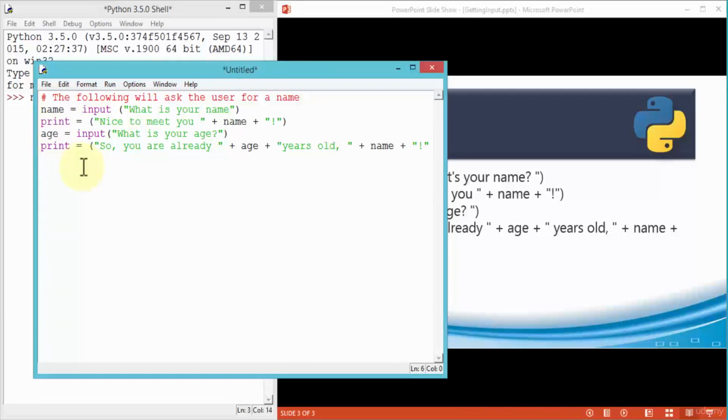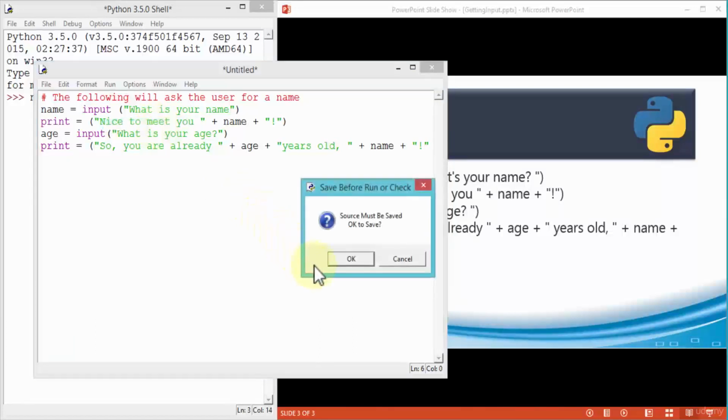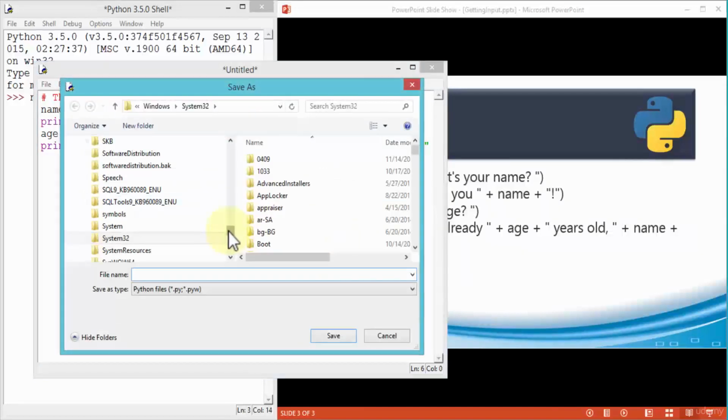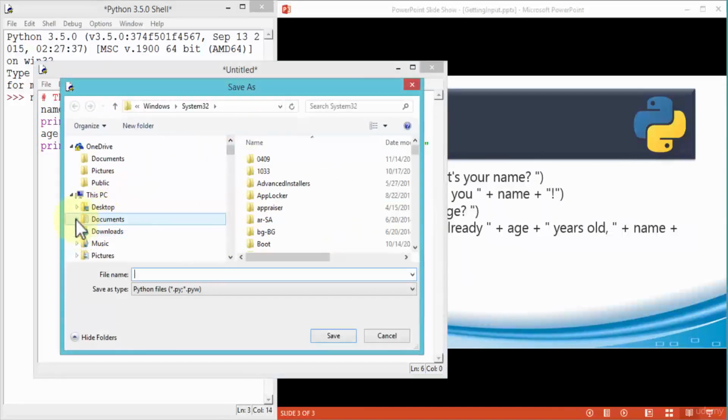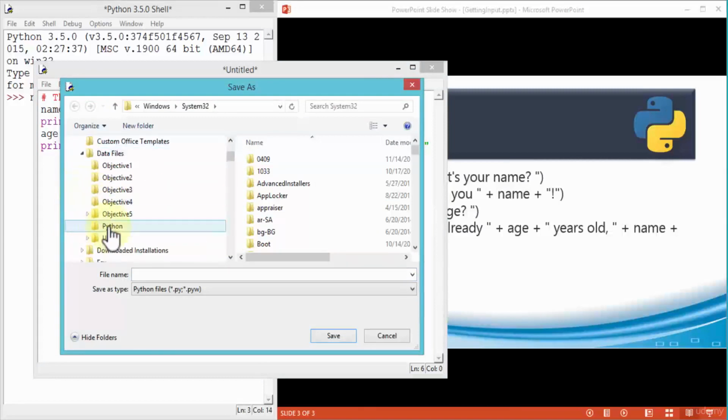Since I've written this code, let me execute this code by clicking on the Run menu option and then run the module, where I can use the keyboard shortcut using the F5 key. So once I click on the Run module, of course Python wants me to save this module before it gets executed. So I'm going to click OK, and I'm going to scroll up to my Documents folder, Data Files, and then my Python folder, and I'm going to say my input function, and of course the save as type is always .py or .pyw. Click save,